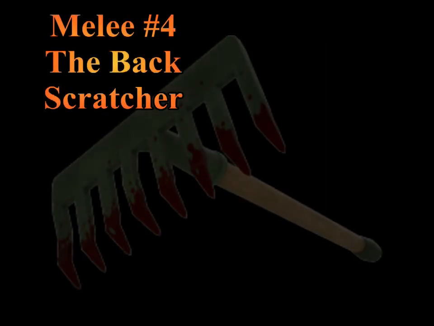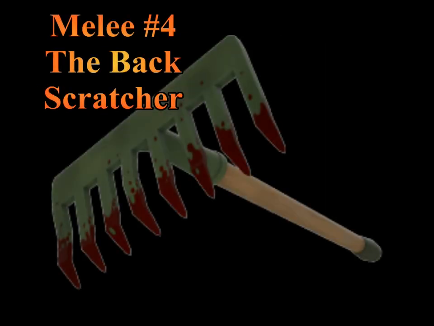Number 4, the Back Scratcher. If you play with this weapon, I and many others can understand why. This weapon does 25% more damage than a regular fire axe. Also, whenever you're getting a health kit, it will give you 50% more health than usual. The downside to it is that medics and dispensers do not give you health